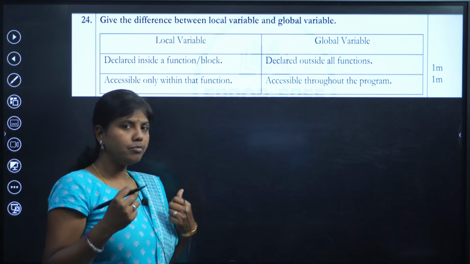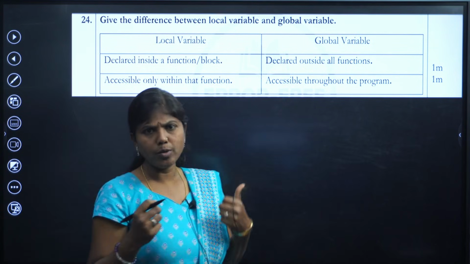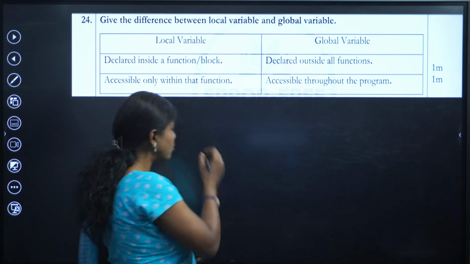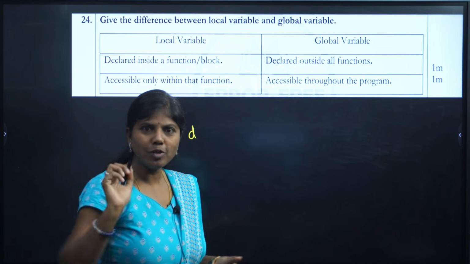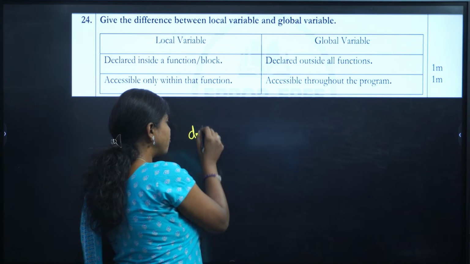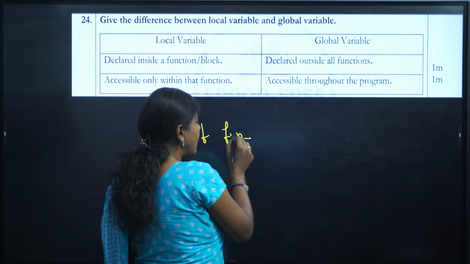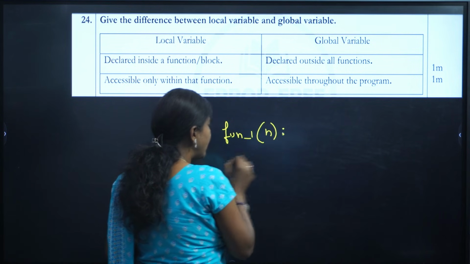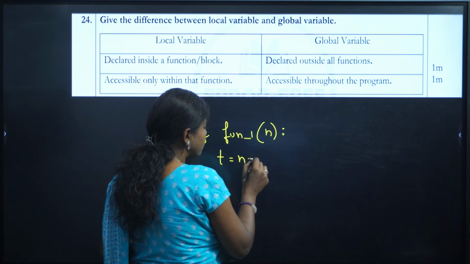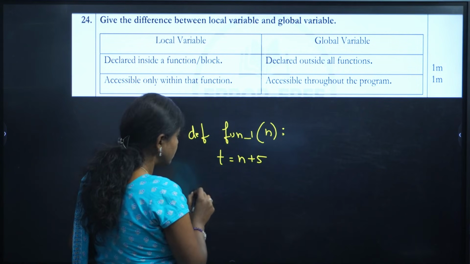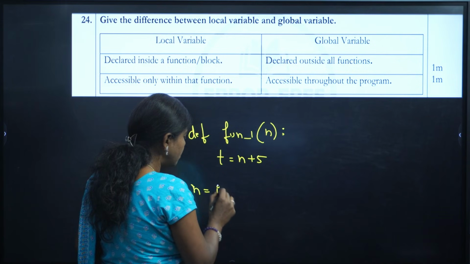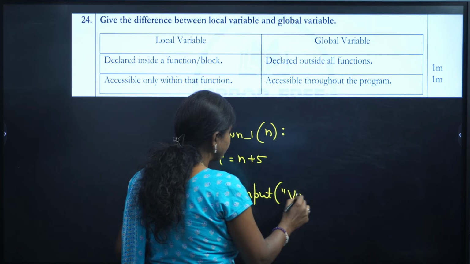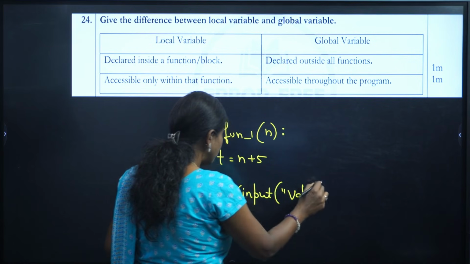I think you've learned in one of the videos, I think it's going to be in the fill in the blanks, wherein we use the def keyword for defining functions. So let's define one function. Whether you know or not, we can begin with def here. So def function name, I'm going to write a function name here, function1, and then I'm going to take a variable called n here, and t is equal to n plus 5. Then I'm going to take the value of n here: int input, enter number, whatever value the user is interested in. So that value is going to be taken.